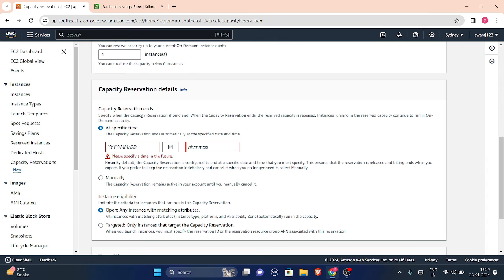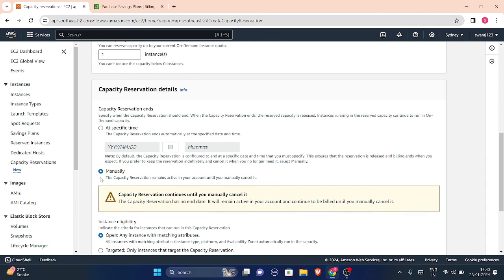You can also choose manually: like booking a hotel room and saying that whenever I want to cancel it, I will cancel it. I am not selecting a date. So the capacity reservation remains active in your account until you manually cancel it. This is one option in which you can deactivate or activate your capacity reservation manually.